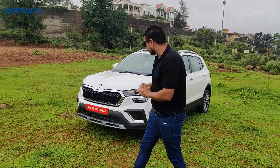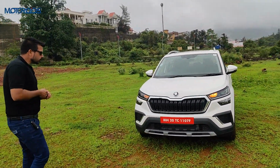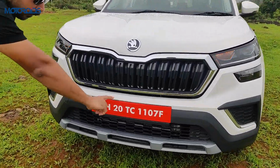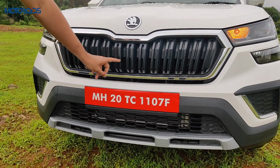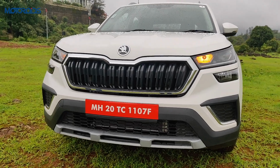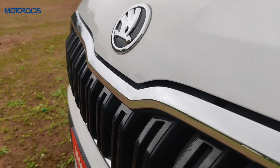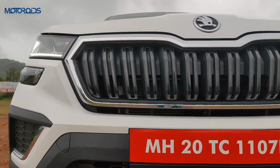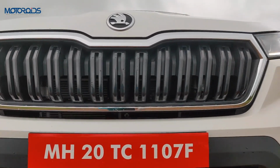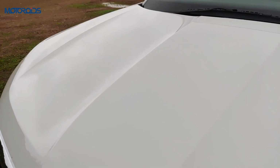But let's get back to the front of this car, and a few interesting things that you would probably want to notice is that there are no front parking sensors here, nor is there a front camera. So these are two features which are missing, but apart from that, it's very tastefully done. I love the way Skoda have used this chrome very conservatively, this three-dimensional kind of a look for the grille, the way this Skoda logo sits here on the bonnet, these muscular lines on the bonnet, these creases,